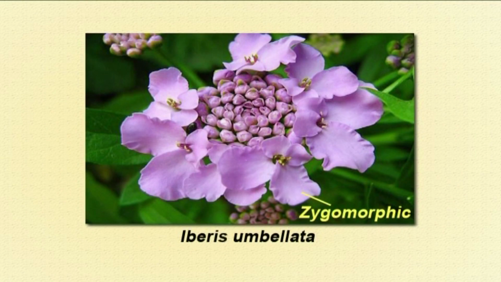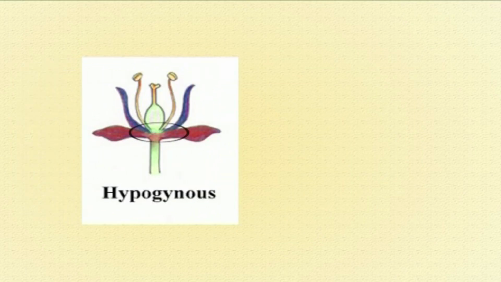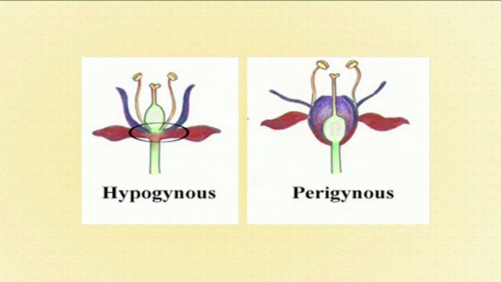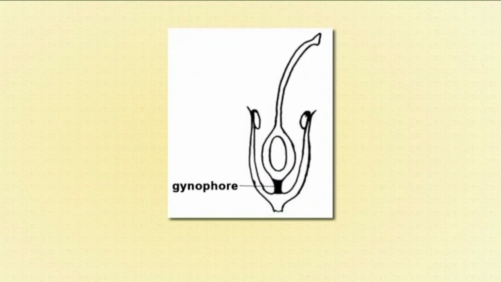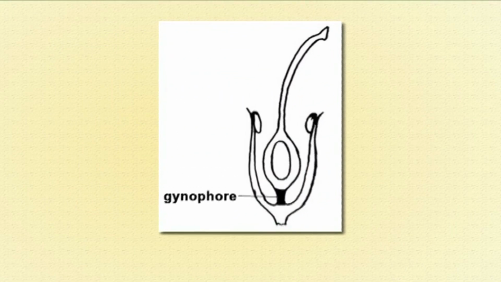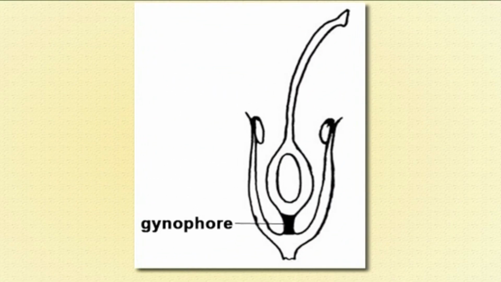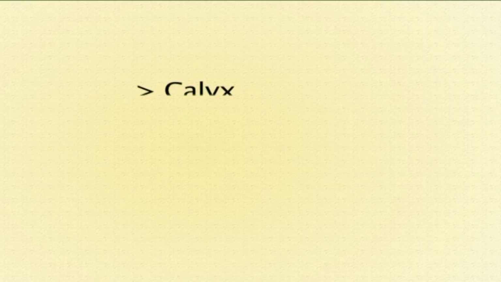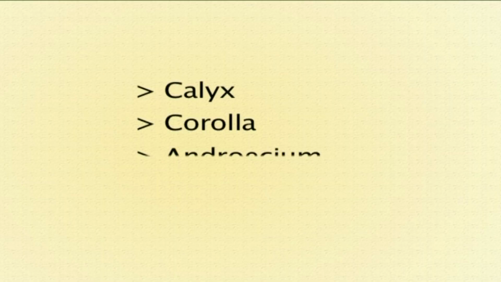Very rarely there can be instances of flowers having a zygomorphic symmetry. The flowers are hypogynous or very rarely perigynous. The flower receptacle, that is the stalk of the flower, can sometimes prolong and form an elongate or shortened structure called a gynophore. Now, the individual parts of the flower one by one, starting from calyx, corolla, androecium and